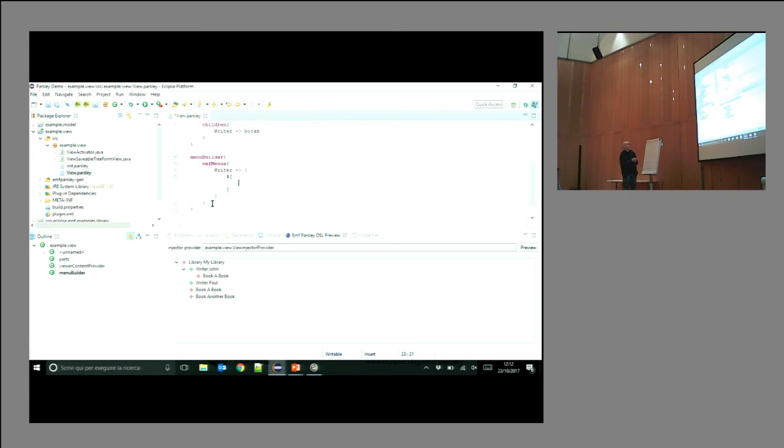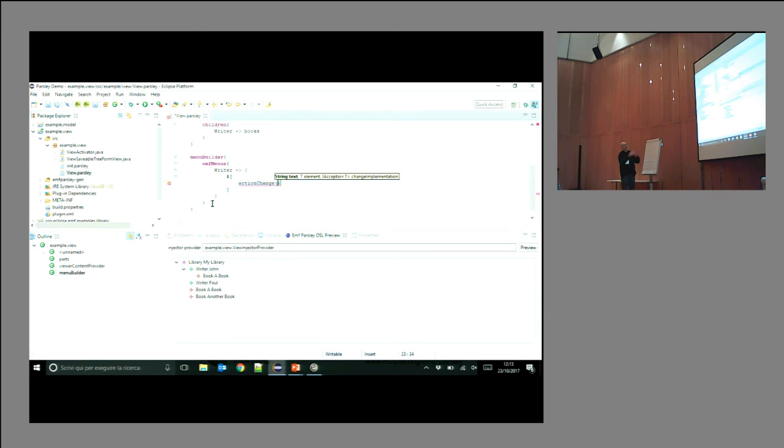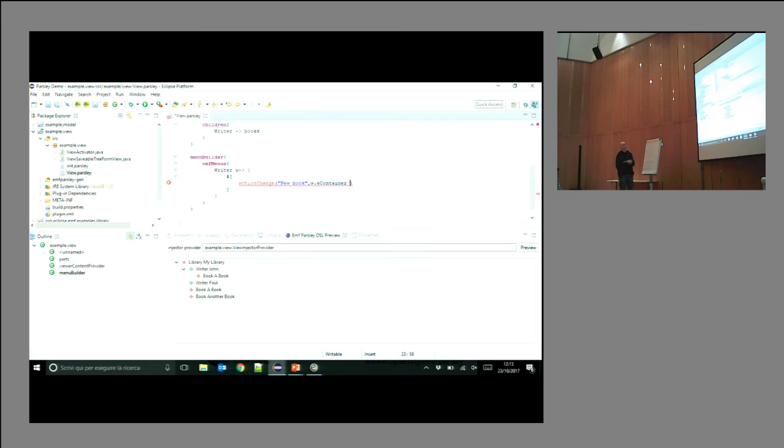So we basically want to write an action that creates a new book in the library and sets its author as the selected author. Of course, you see that the DSL provides rich UI tooling thanks to Xtext and to Xbase. So we specify the label, we specify the object that will be modified by this custom menu, and we specify the lambda that will be